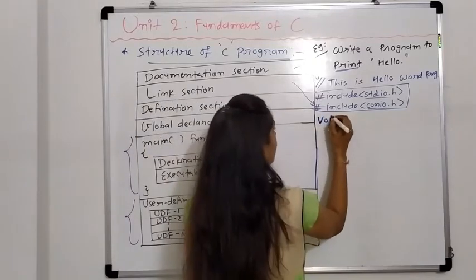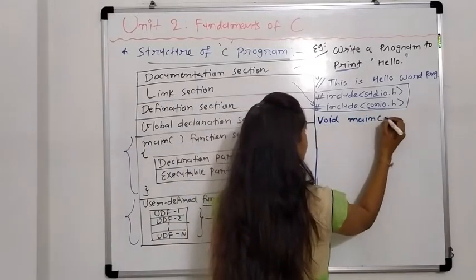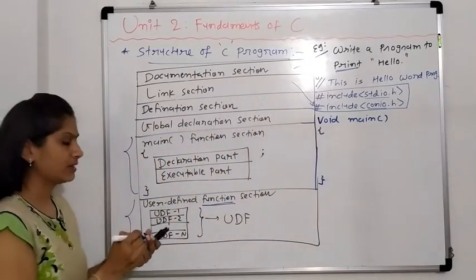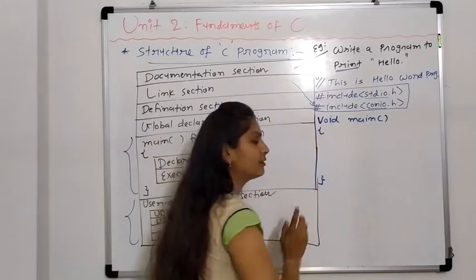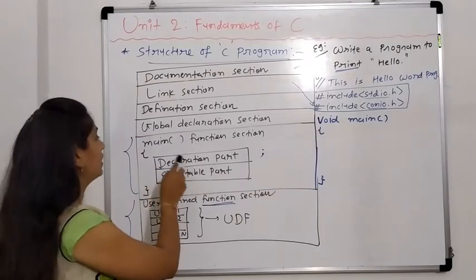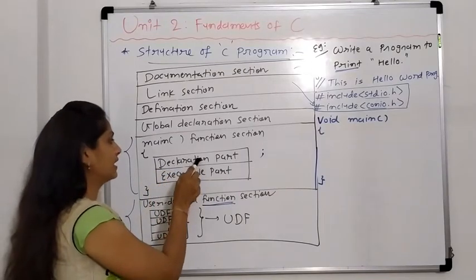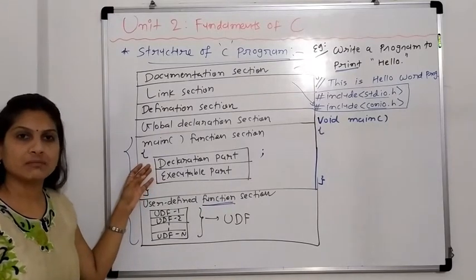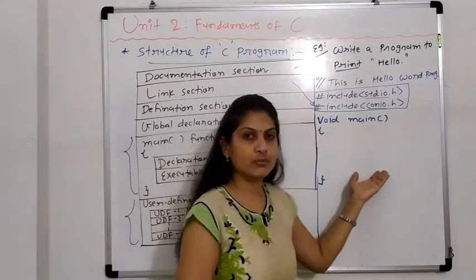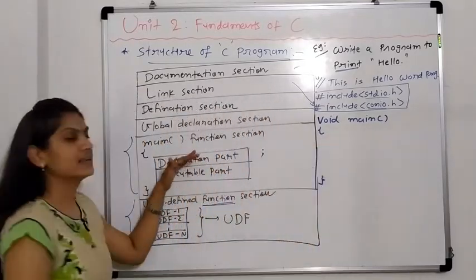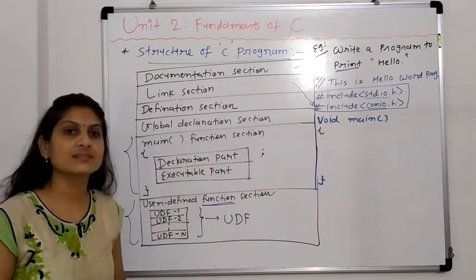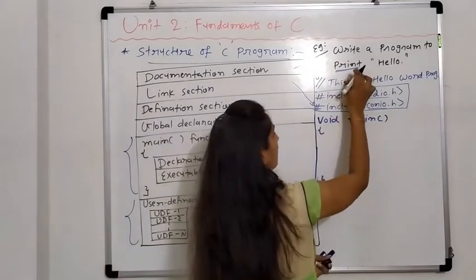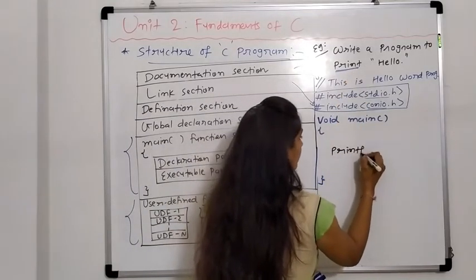The main starts with void main. Start and stop, always the brackets start and stop. This indicates our program starts and here our program is completed. Now in this part we have to write two things: declaration and executable part. Here we are not using any input value or variable. Do we have to input something in our program? No. So the declaration part is not there because no variable is there. So we directly jump onto the executable part, that is nothing but printf hello.